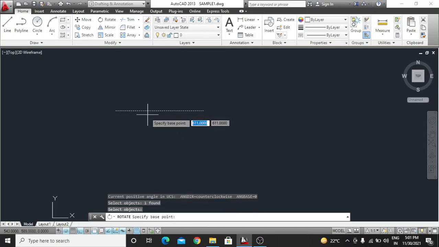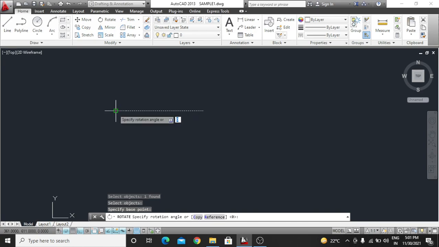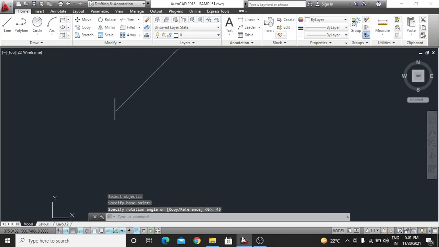Click, enter, and press the base point, right? Press this and you can see it is asking for the angle, so just make it 45 degrees and enter. Okay guys, now your object is rotated.